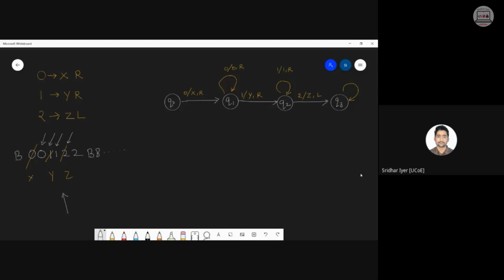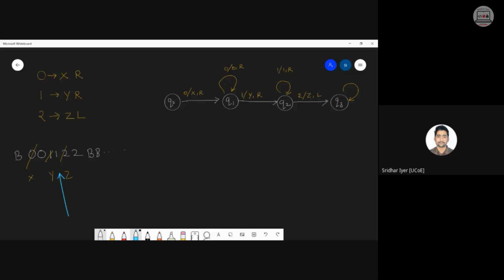Is it clear? So if I move left, so now my pointer will be pointing at which value? You only tell me. My pointer will be pointing at this particular one over here. Correct? So what should I do now? अभी हम लोग लेफ्ट में जा रहे हैं. लेफ्ट में हम लोग ने मूवमेंट स्टार्ट कर दिया है. कहां तक जाना है? You only tell me. Try to recollect yesterday's lecture. लेफ्ट में मूव करना है till which symbol?